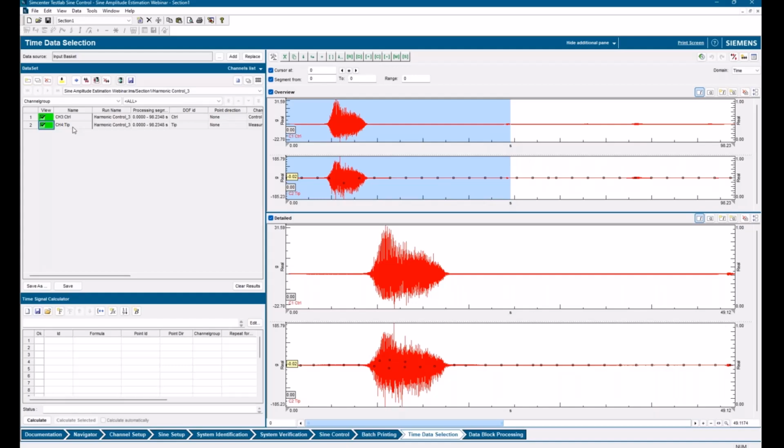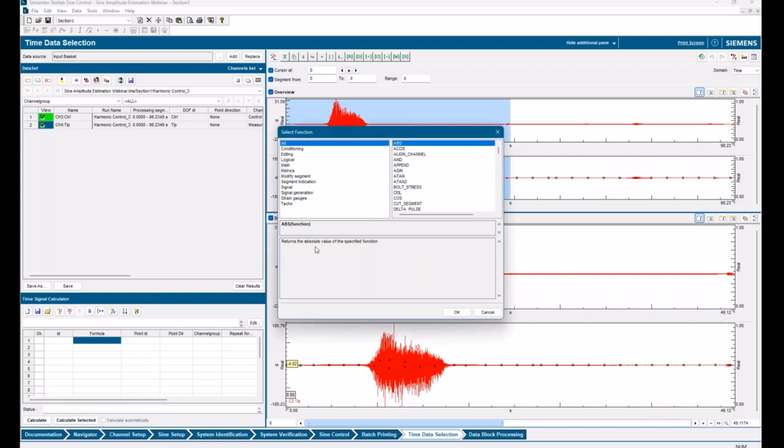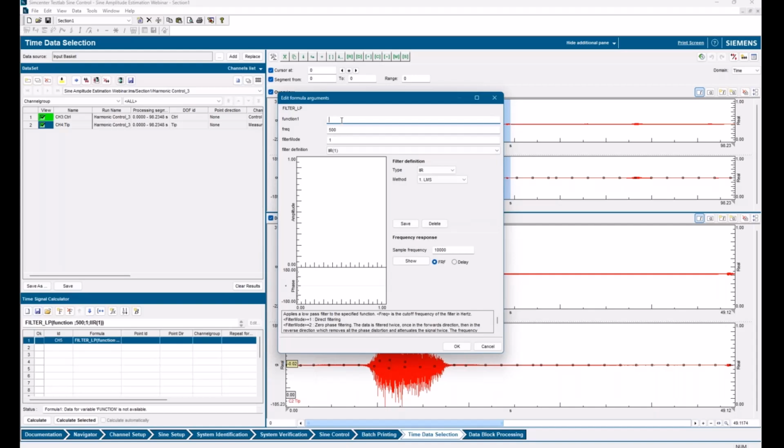So the first thing I'm going to do is just put in a low pass filter here. We'll make it real easy. All right, channel 4, and we'll do the low pass at 500 Hertz. And we'll just keep this the infinite impulse response type.